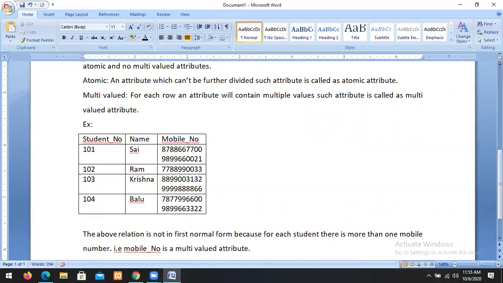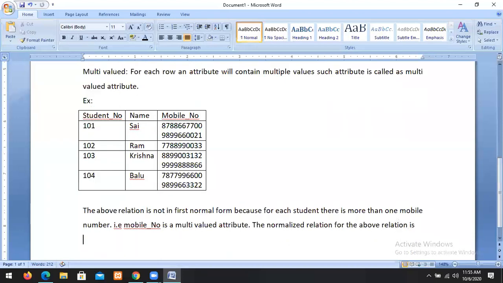Because mobile number is a multi-valued attribute, that is not in first normal form. Then what is the first normal form of that relation? The first normal form of that relation is